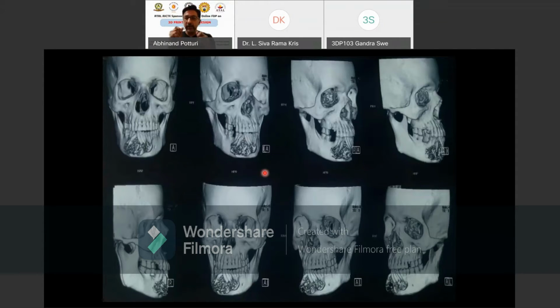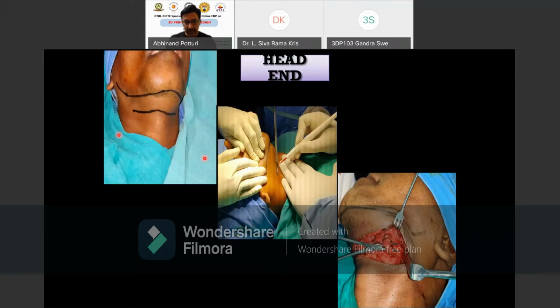Now, if you have to take any other bone from the body and reconstruct, which is the only modality to treat this kind of deformities, then what is the option? The option left is to take a straight bone. Usually what we do is we take the bone. This is a surgical procedure. What was done? We have resected the tumor. As you can see, the tumor has been removed.